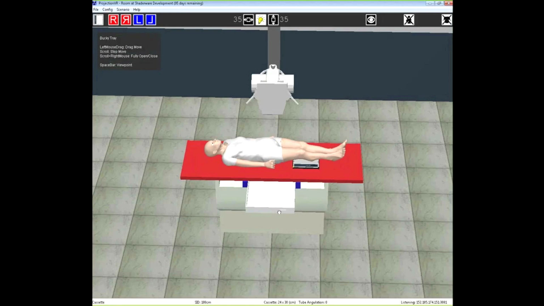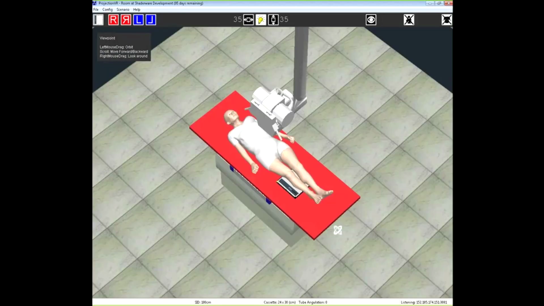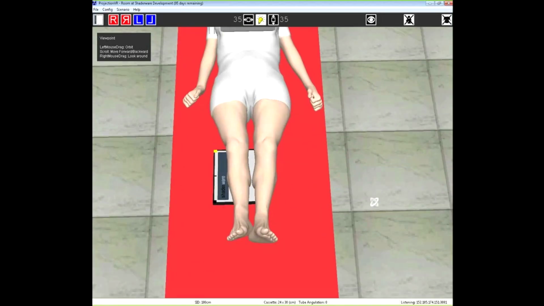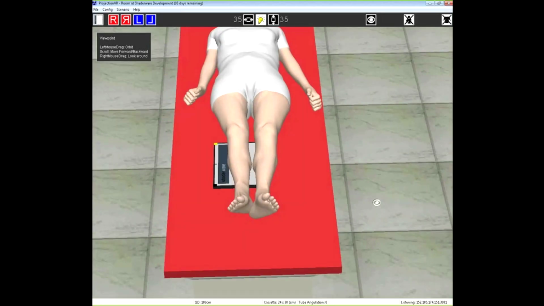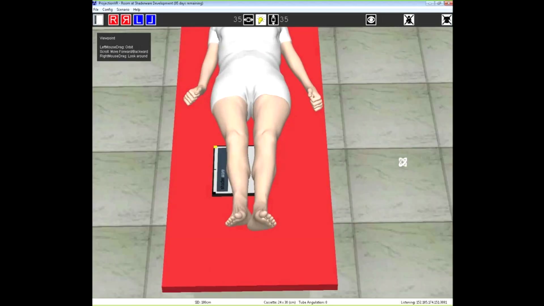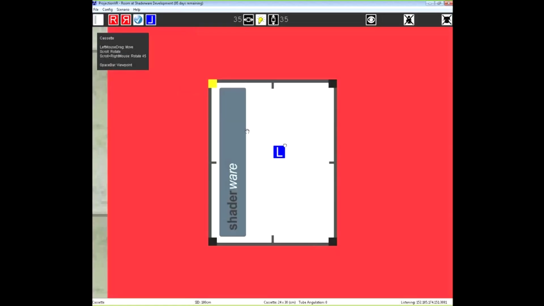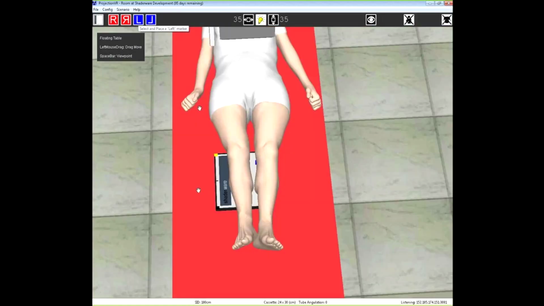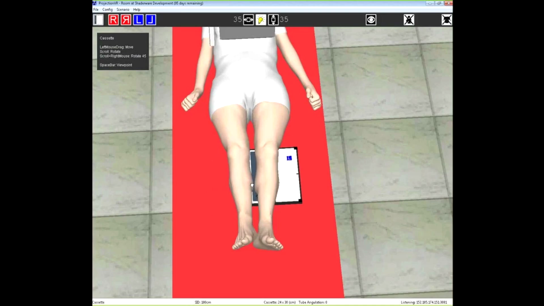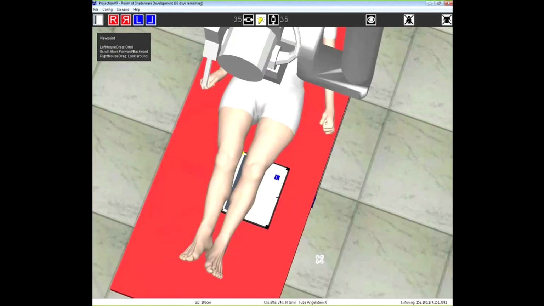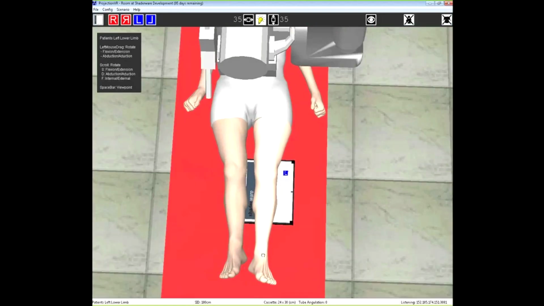Now while we've got this patient here, I want to show you the exciting new functionality regarding the lower limb. So if we want to do a knee examination, then we'll do the left knee, so we'll put a left marker on the lateral side and we'll drag the receptor over to the left hand side, looking for the apex of the patella where the joint space should be. And what we can do now is just drag the lower limb